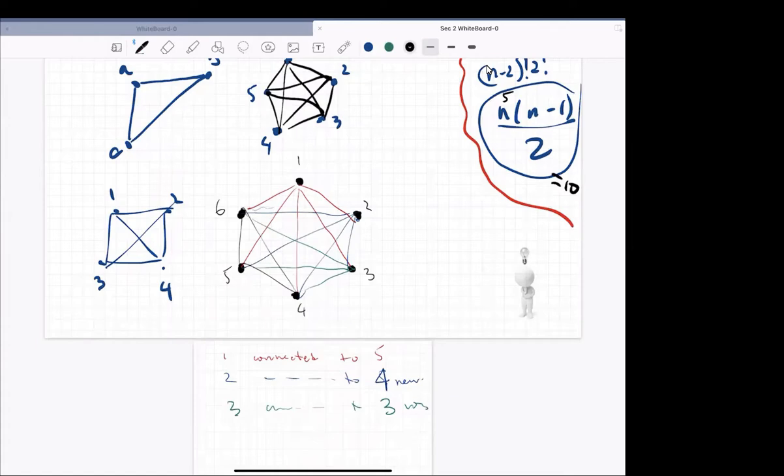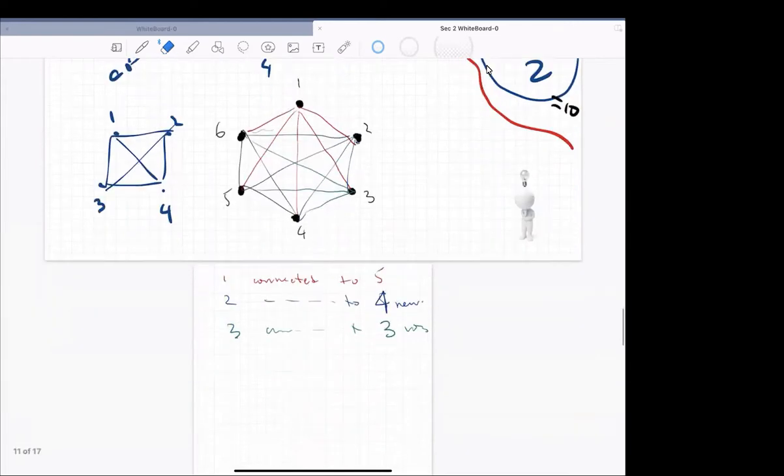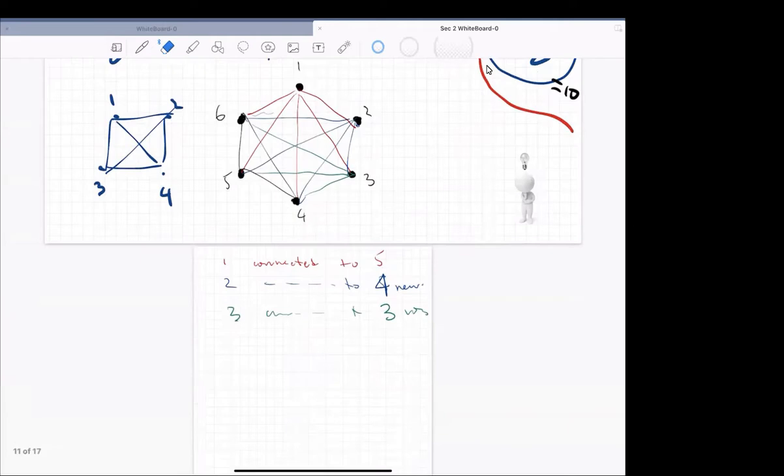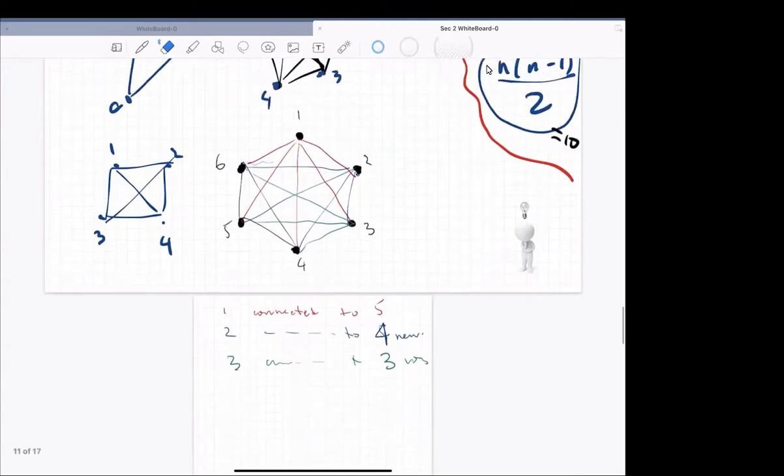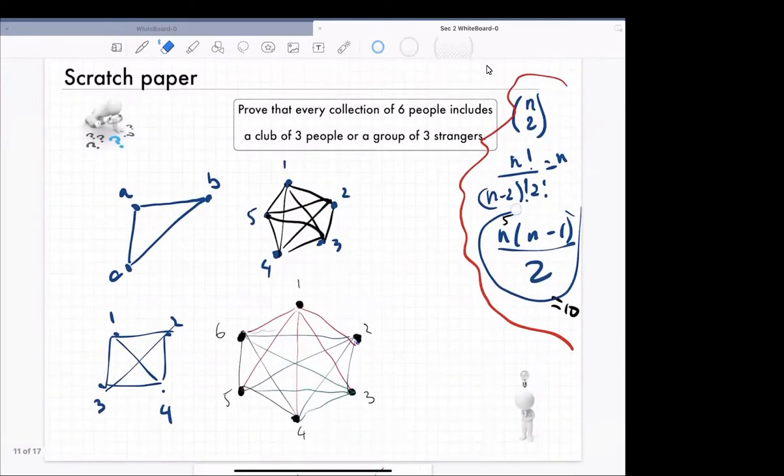Later, this kind of structure will have a name. We'll call it a complete graph on 6 elements. But for right now, I'd like you to forget that I've even mentioned this name. We'll call it K6. But that's later. For now, these are people and possible connections. This is the total number. So the total number of connections, which you've suggested a second ago was going to be this number, which I don't yet know what this is.